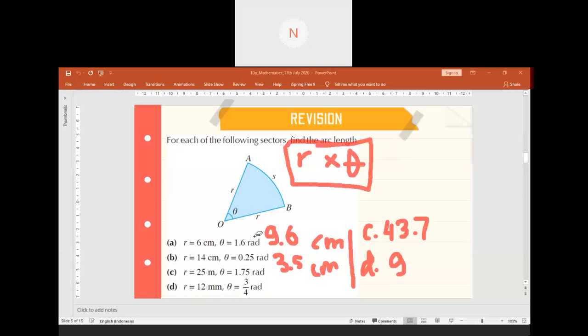Or is there anyone who still has any confusion? So this one uses radian, right? Yeah. See the question, it's rad. Rad means radian, not degree. Is there anyone who still has confusion? Feel free to ask if you have any confusion. No confusion? Okay. If you do not ask anything, then I will assume that you have no confusion. I will move to the next question.